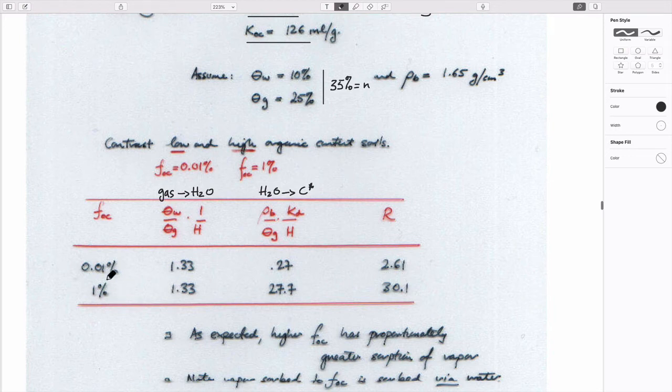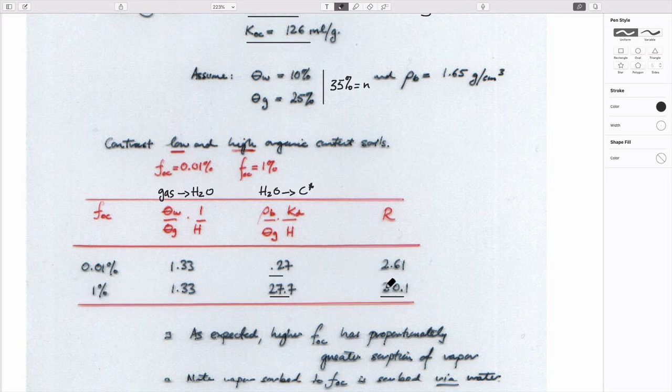It isn't affected by the presence of carbon. And the liquid to solid partitioning, because there's a large amount of organic carbon here, by a factor of 100 larger, then the retardation as well, because it scales with distribution coefficient, which will be 100 times larger, is also 100 times larger. And so if you add these two together, you get a very big number for the combined effect with lots of solid sorption in the system,